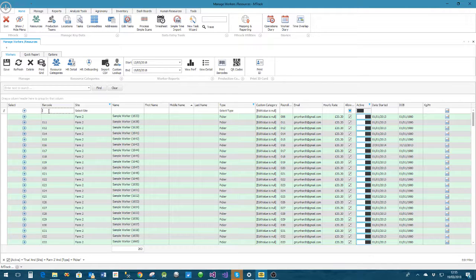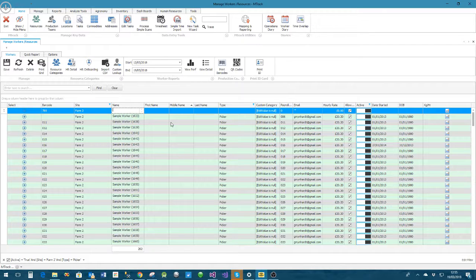So I need to enter a barcode. Now the barcode needs to be unique, so that barcode cannot be shared by anyone else while the worker is basically active or is having their data recorded using a barcode. So in this case I'm going to use, let's just say 785. The worker belongs to farm number 2. His name is, I'm just going to use worker 785. His first name,